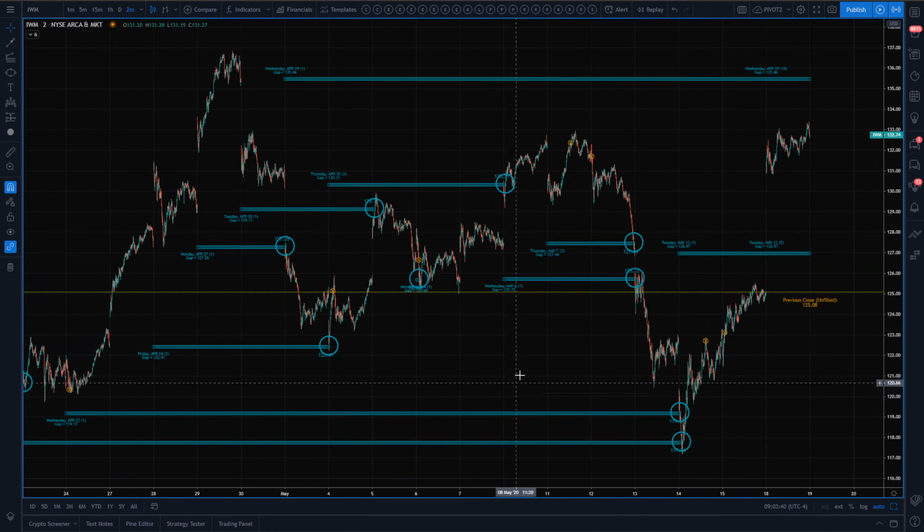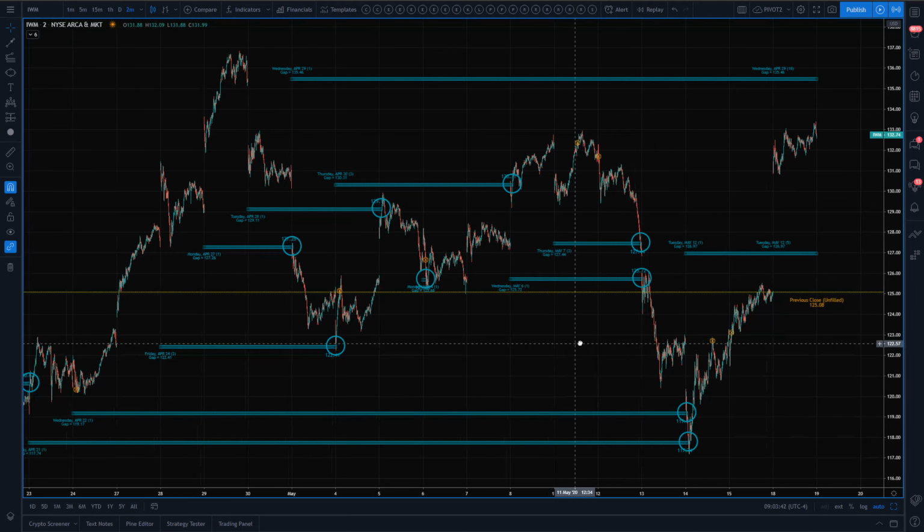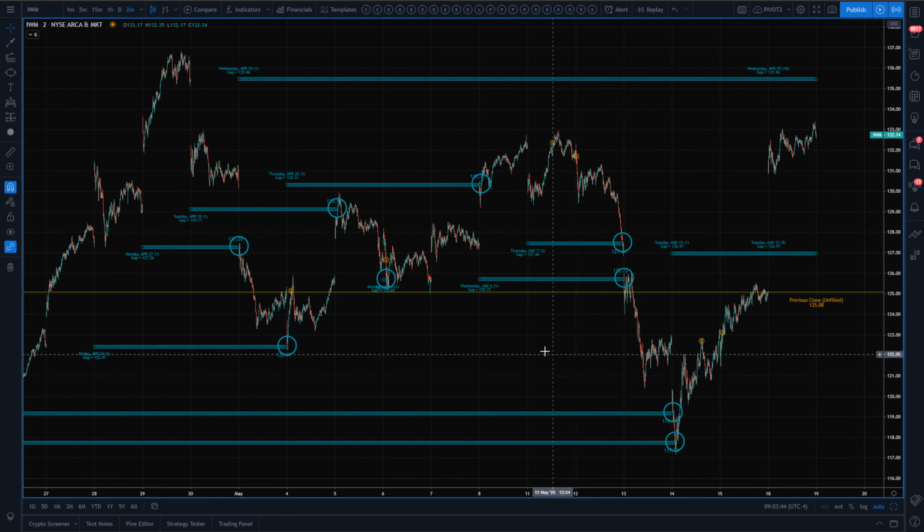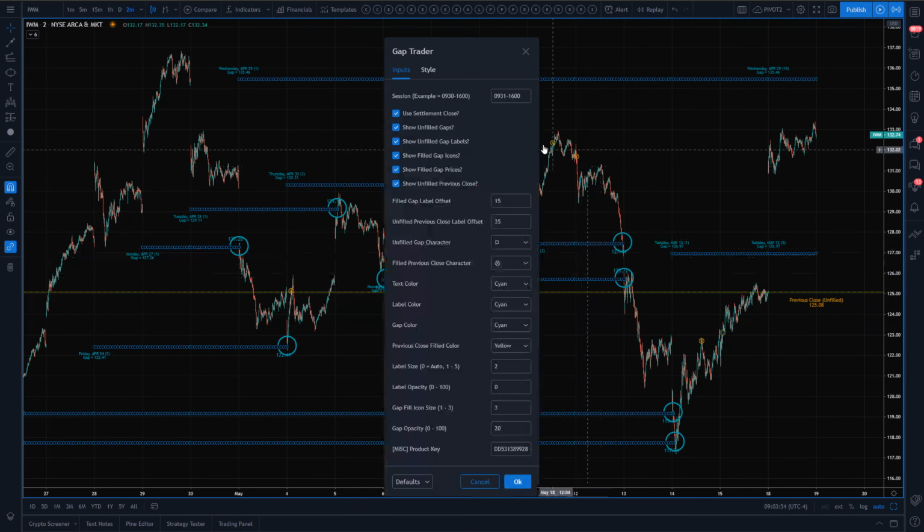Now, something interesting about this gap trader indicator is what I and all of the followers that I have and all of the members in the group actually use this for. When you change this, I'm going to change this session window. In the description of the actual gap trader indicator on TradingView, I discuss how the real